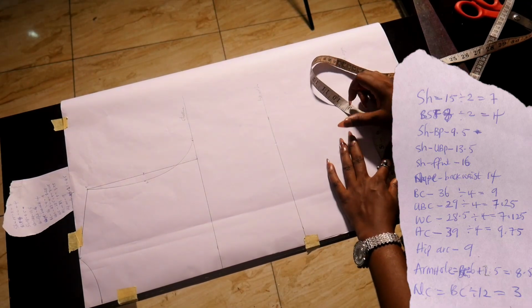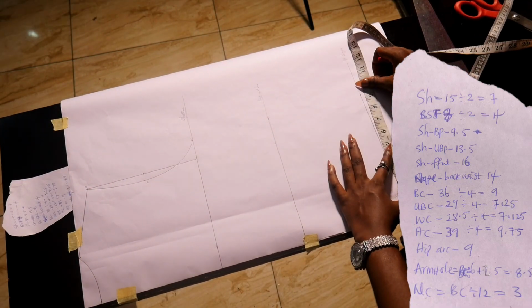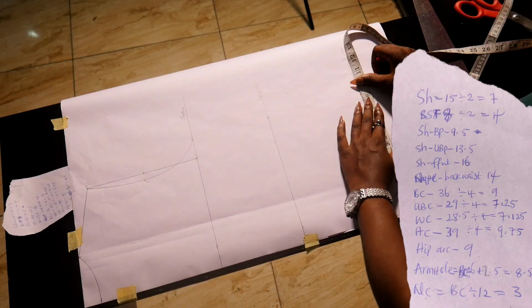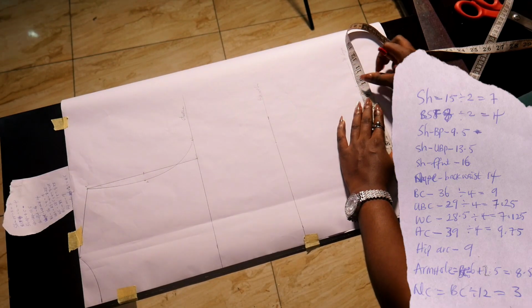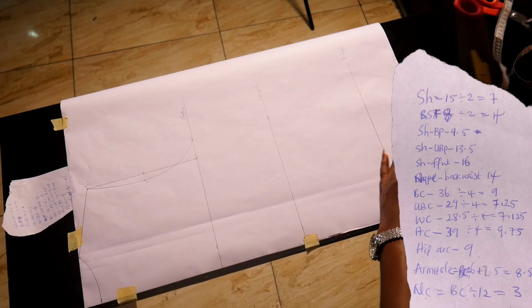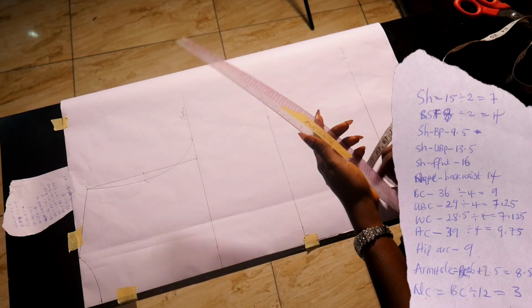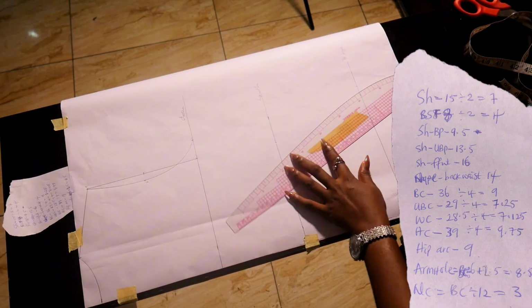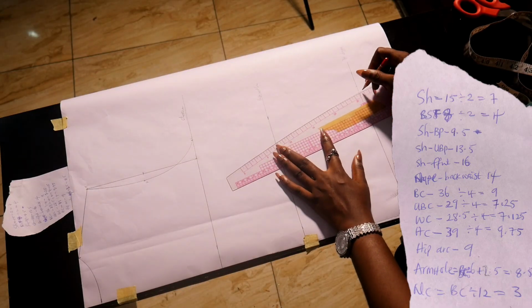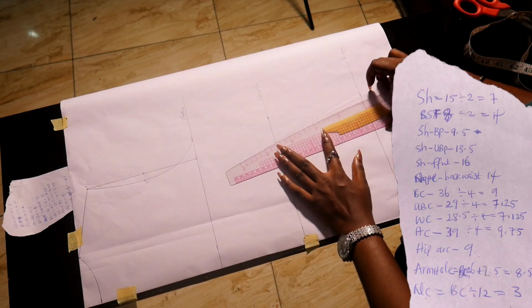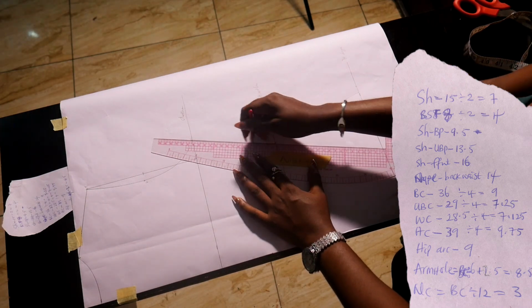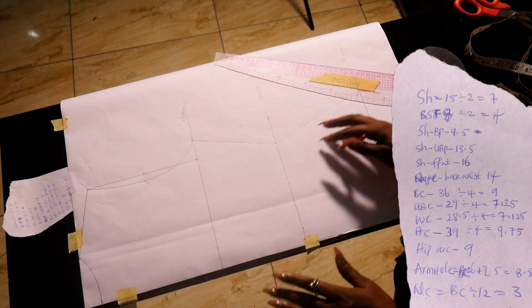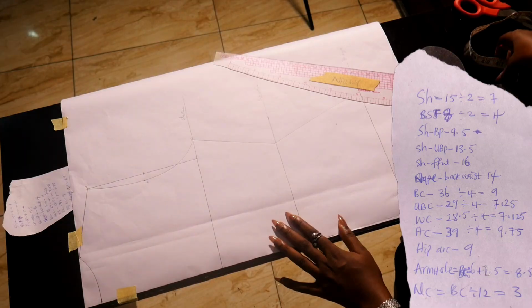And I'm also going to apply my hip circumference divided by 4 minus 0.5, which is 9.28. And then I'm connecting with my curve ruler, a slight curve to this point, then straight from point C downwards. Basic back block. Now let's apply